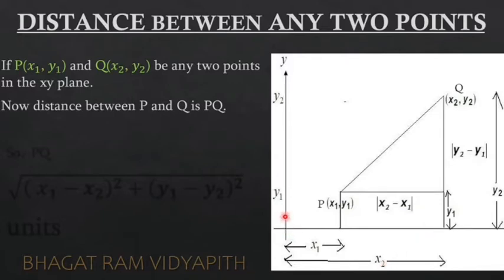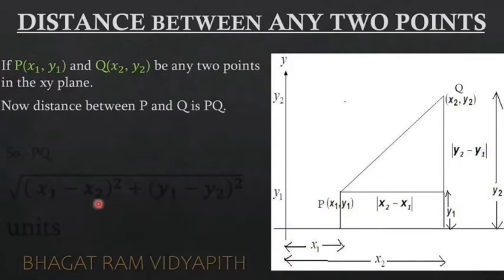The value from origin to this point is y1, and the value from origin to this point is y2. So if this much is x1 and this much is x2, the value of this line would naturally be x2 minus x1. Similarly, if the value of this is y2 and this is y1, the remaining portion would be y2 minus y1. The formula for distance then becomes